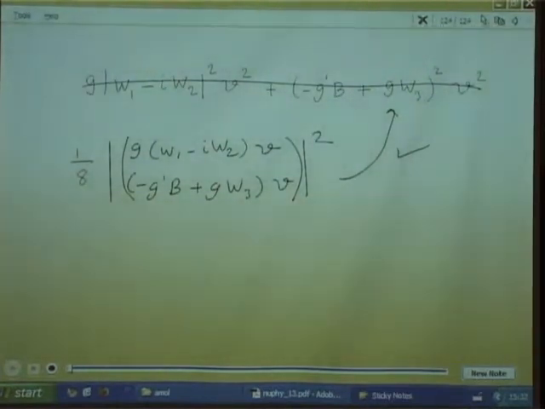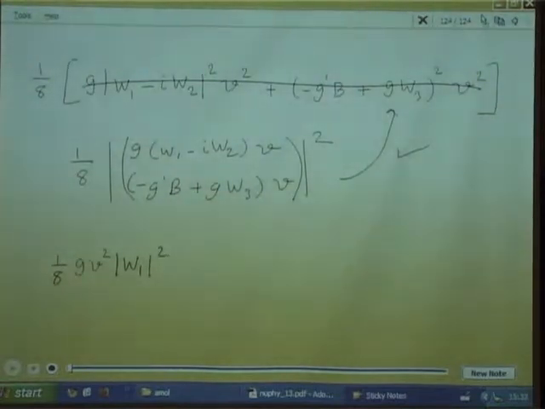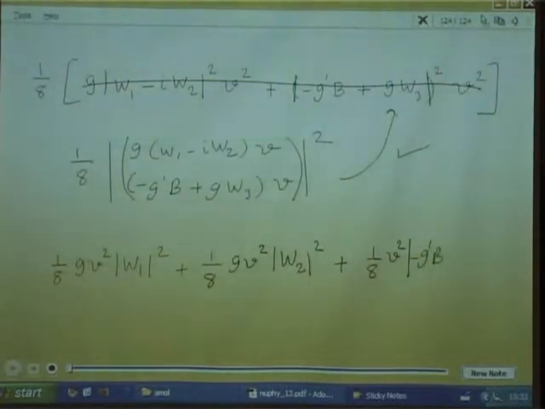This is i. So therefore this first term will become 1/8 g square v square times W1 square, plus this again i, so mod i square is equal to 1, so 1/8 g square v square W2 square, plus 1/8 v square times mod of minus g prime B